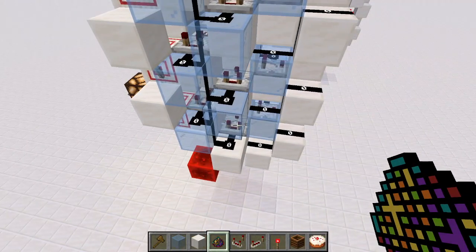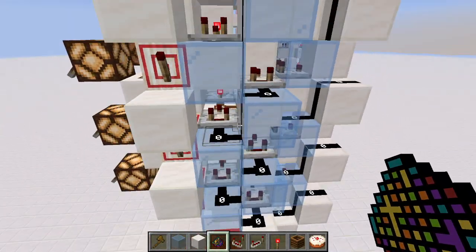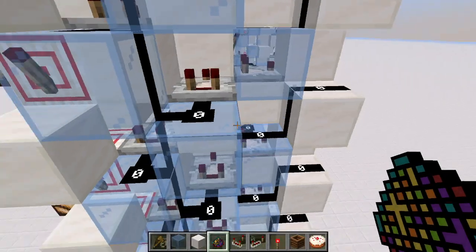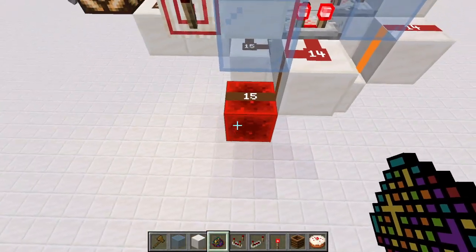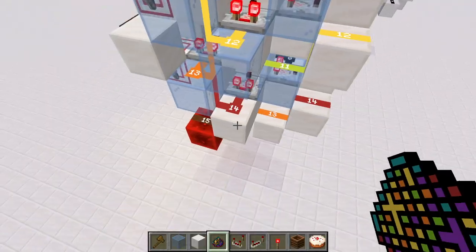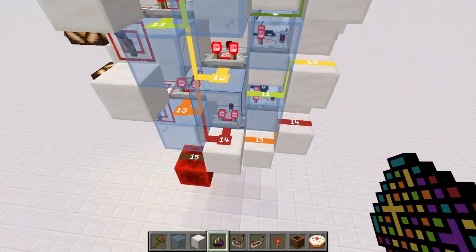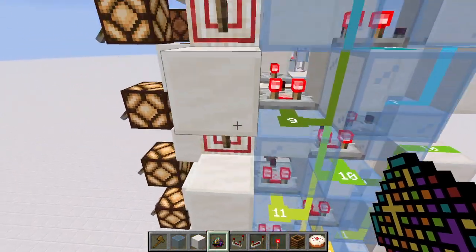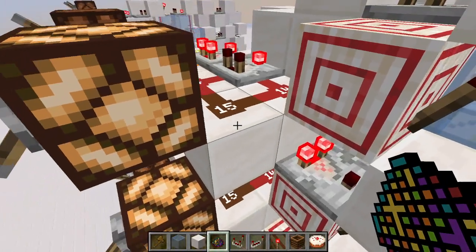We want the inverse to be active, because right now it's not active, so it allows the inverse, but there's no inverse going on. So we have to put this redstone block to have that inverse thing going on for all these others,